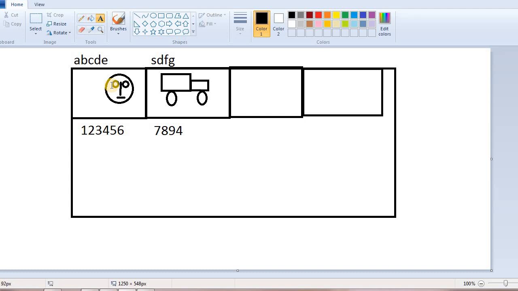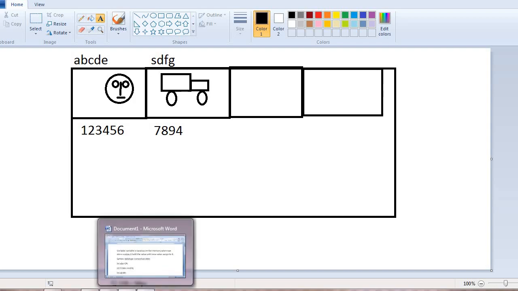Okay. Suppose here is your image and the operating system of your mobile phone automatically assigns a name here, ABCDE, and our image is stored in memory and the address of the memory is 123456. Same for the second image saved in memory, the name of the second image is SDFG and the memory location address is 7894. Clear?